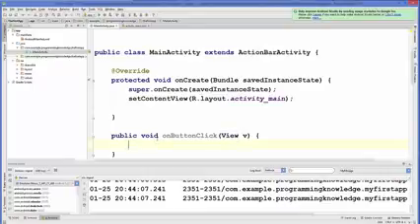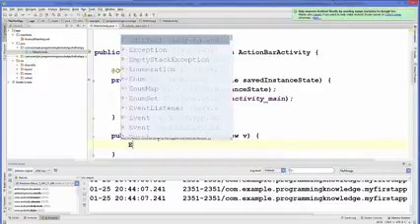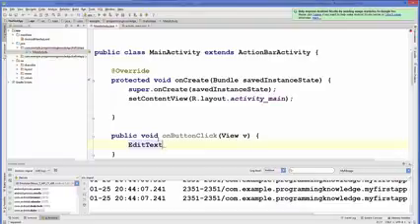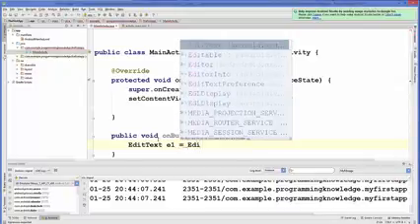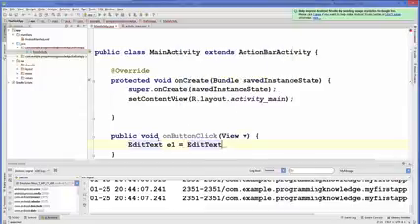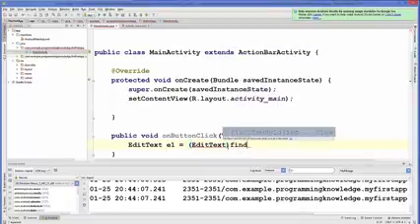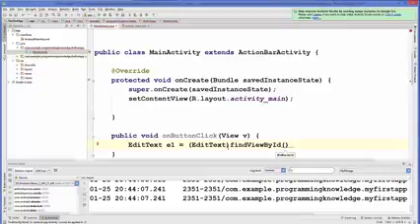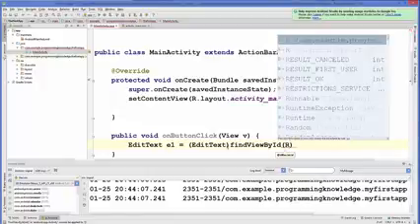Okay, now inside your function or method you just need to write EditText because we are using this, and then we will name our text as, for example, e1 is equal to, once again, EditText, and we are going to find our edit text by its ID. So I'm going to enclose this EditText, which is a default keyword for edit text, and then I will just write find, and you can see it's autocomplete. So Android Studio will give you the hints what can be the method you can call with this find keyword. Okay, so just press enter and just write findViewById, and inside this we are going to find view by ID by writing R dot